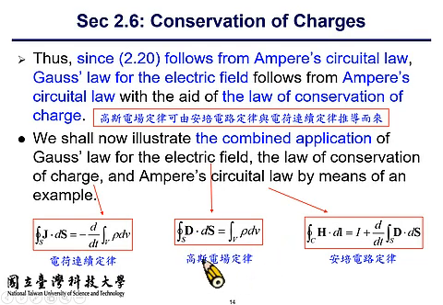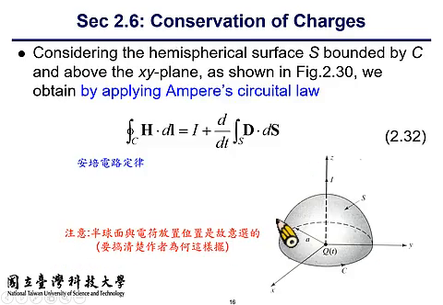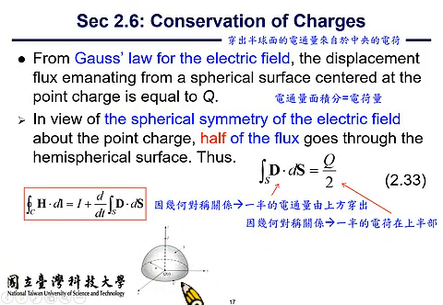So if we apply Gauss's law for the electrical field, then in this scenario, we can write up this relationship. This relationship actually comes from the fact that if we write the